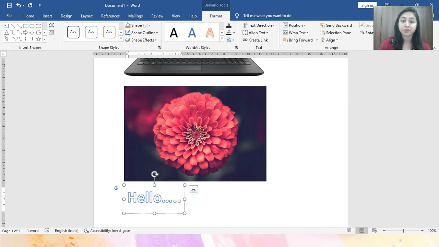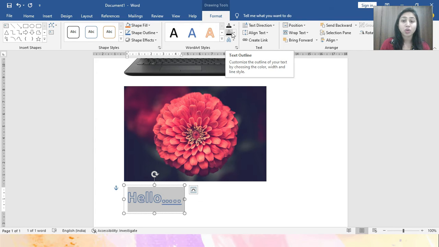Okay, clear all of you how to insert a word art, right? Now if you want to change again the colors and styles and size of the word art, you can change it. So for that you have to select the text, and here you can see in the format 3 options are available: text fill, text outline and text effects.